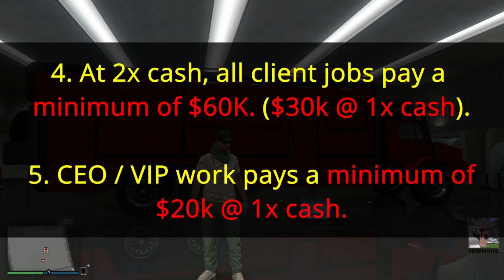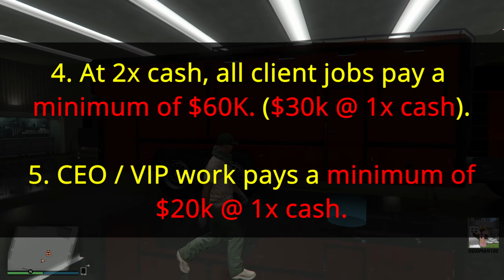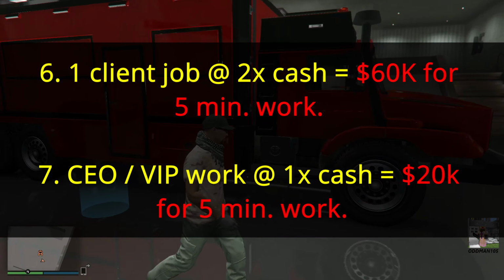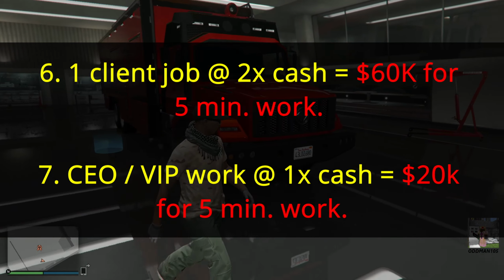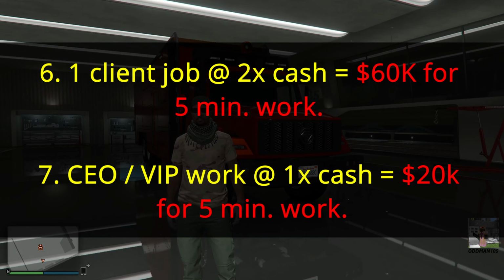Number 4, at double money, all client jobs this week are paying at a minimum of $60,000 per client job. Okay, when you combine that with a CEO or VIP mission that's paying a minimum of $20K per CEO or VIP work, that's $80,000 for about 10 minutes worth of work, and you'll see that in the next slide. All right, now for the good stuff. Remember, this week all client jobs are paying double money. So numbers 6 and 7 here, for each client job, you're going to get minimum $60K